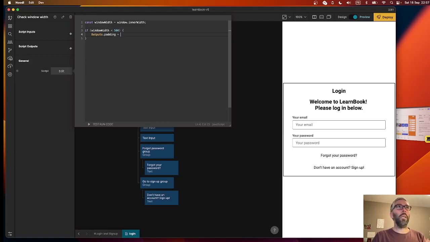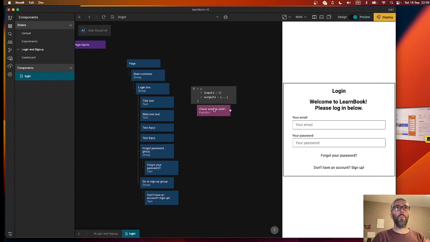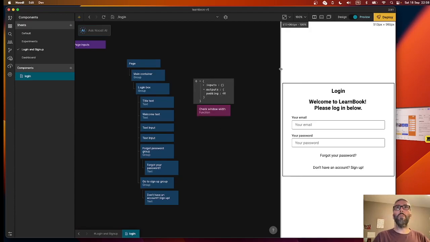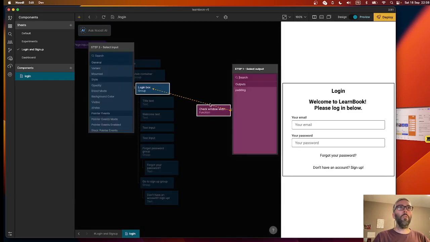Anyway, outputs.padding equals, what did we say it was? 20. Let's just go with 20 for now and see if that works. Else, outputs.padding equals 40. Okay, let's see if that works. There we go. We're more than 500, so we're at 40. So we want that output to go here. Padding is going to be connected to